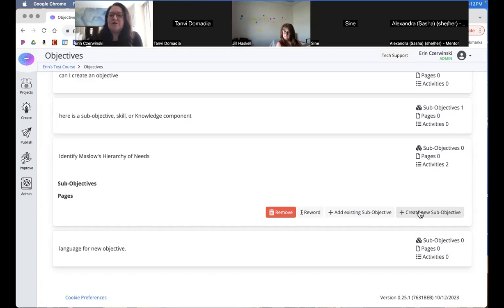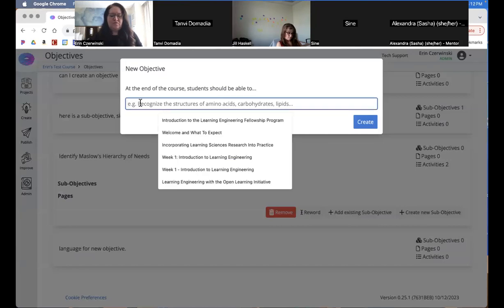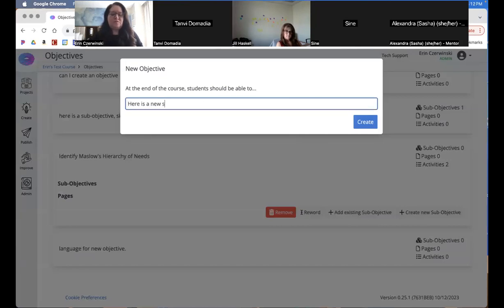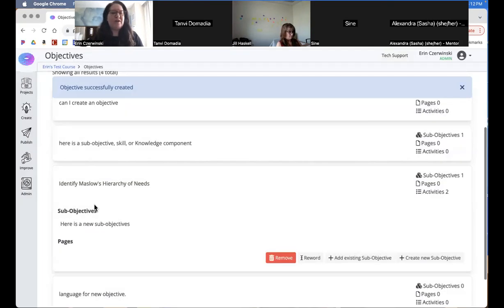So if you have sub-objectives, you can create a new one. Here is a new sub-objective, and we call these sub-objectives in Taurus. They can be skills, they can be knowledge components. Different folks use different names to talk about sub-objectives, but in Taurus, they're called sub-objectives. When you create that, it'll show you the sub-objectives that you have underneath the learning objectives.